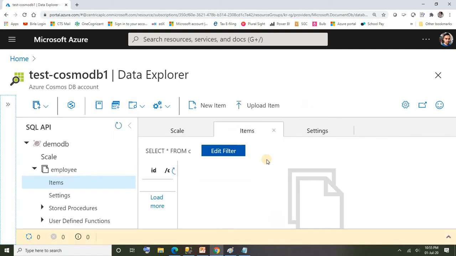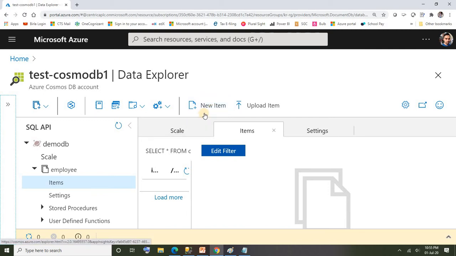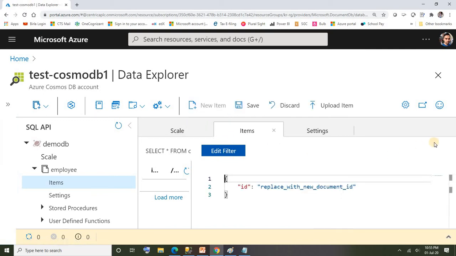Alright, let's go ahead and add the items. How do we add the items? There is an option here to add an item. Say new item. When you click on new item, by default it will open to add the data with a JSON script. You all might know what JSON is and how we can create JSON to load the data, but still let me make a few pointers regarding JSON. As you all know, JSON is nothing but JavaScript Object Notation. It's lightweight, easy to write and read, and easy to integrate with most languages.